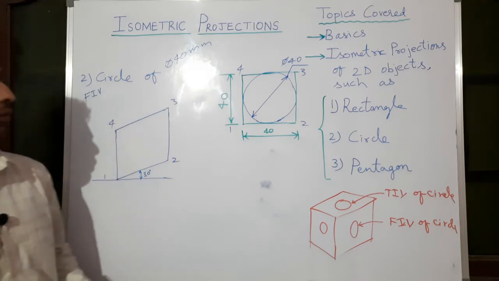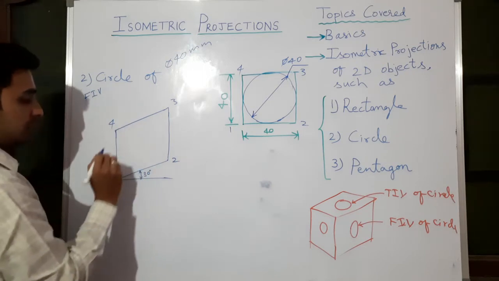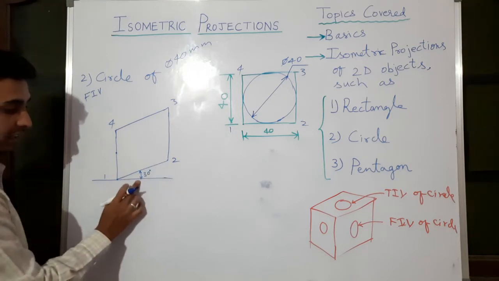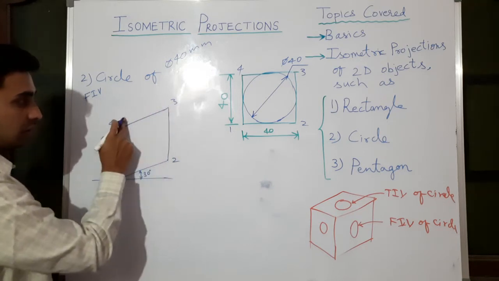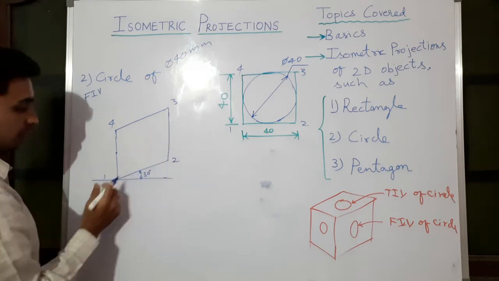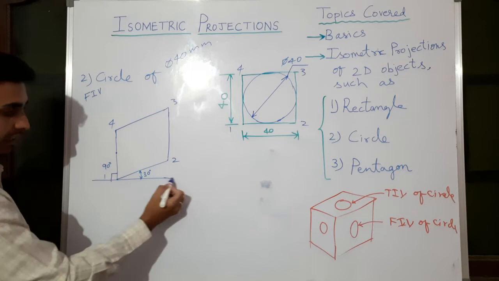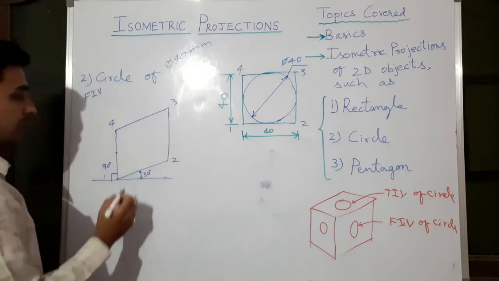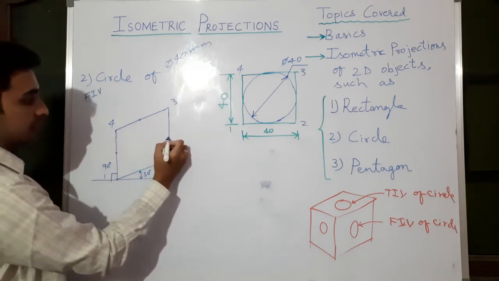As soon as you have drawn this box, first you need to take midpoints on each side. So this is a 40 mm long line at 30°. This is also 40, this one is 40, this is also 40. These two are parallel to each other and these two are parallel to each other. Here it should make exactly 90°. This is any reference line you can take, and this you can draw anywhere. Okay, first all the sides we will mark midpoints.